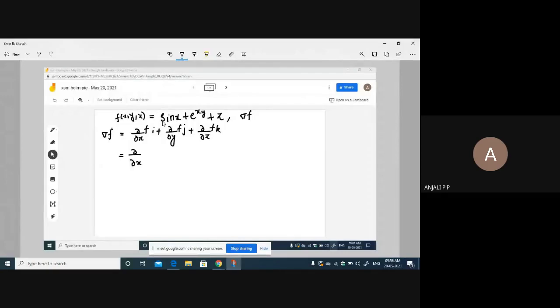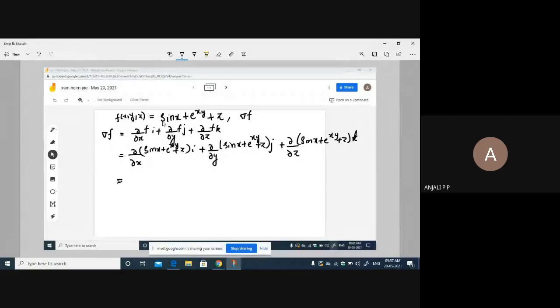Substitute this f here: ∂/∂x of (sin x plus e raised to xy plus z) i plus ∂/∂y of (sin x plus e raised to xy plus z) j plus ∂/∂z of (sin x plus e raised to xy plus z) k. That is ∂/∂x of f i plus ∂/∂y of f j plus ∂/∂z of f k. Now,